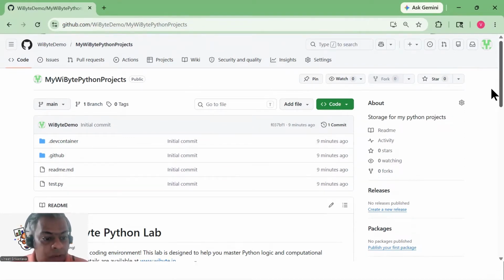All right, so now that our repository is set up, it's time to go to the next step, which is to launch Codespaces. As I told you, there is a tight connection between